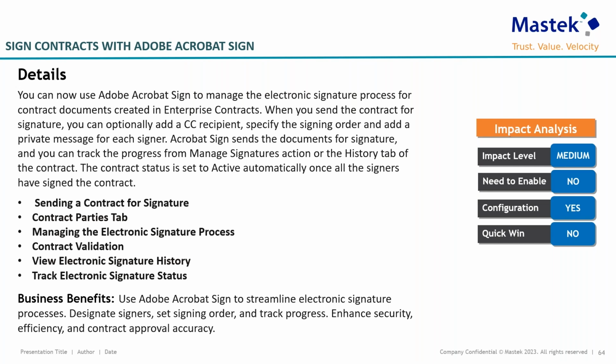So the contract status transitions from pending signature to sent for signature when a user with appropriate privileges initiates the signature process. The sender, equipped with the ability to add more tags, additional signers, and private messages, can effectively navigate the signature workflow. So in the electronic signature process, the signer will receive an email from Acrobat Sign and can either sign